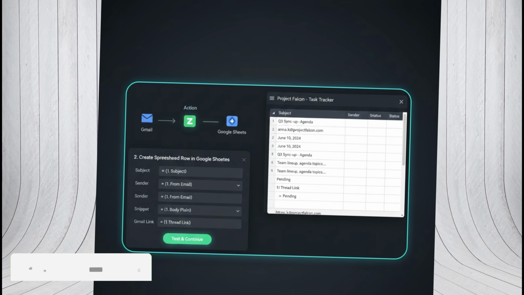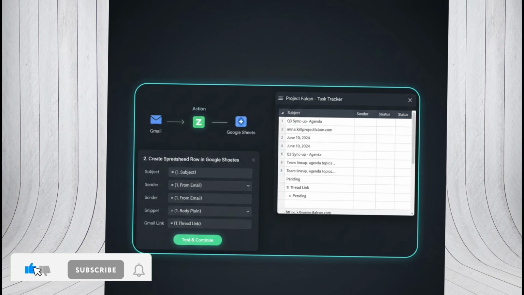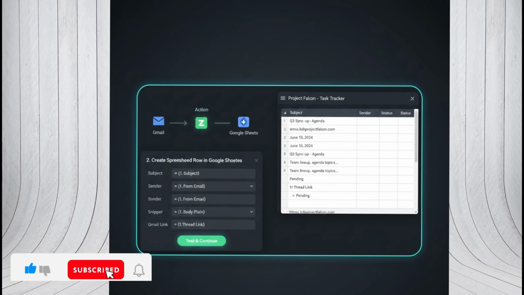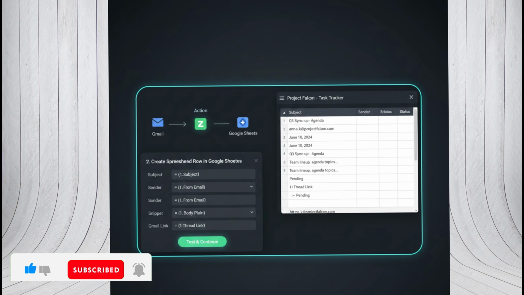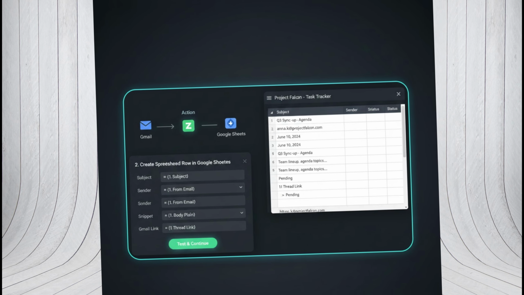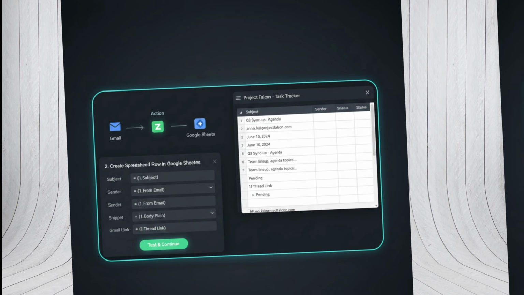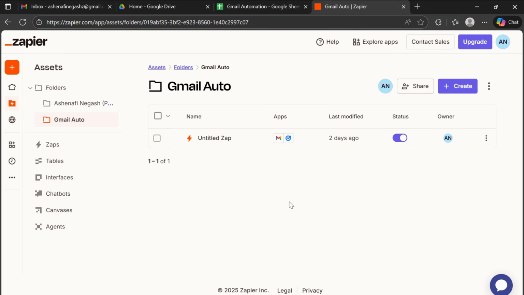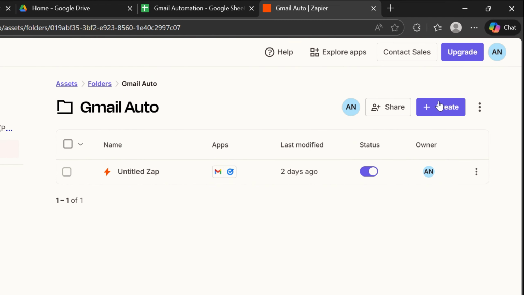The third part is to log emails into Google Sheets. For reporting, audit, or team tracking, it is useful to have a spreadsheet record of important emails. Zapier can automatically log emails based on event triggers. Now let's choose subject as our event trigger, and to create a new Zap automation, go to your Zap and